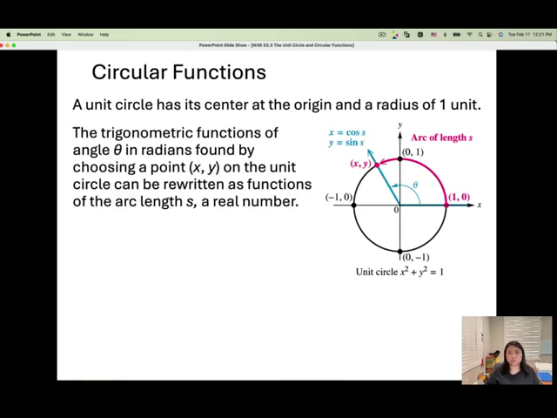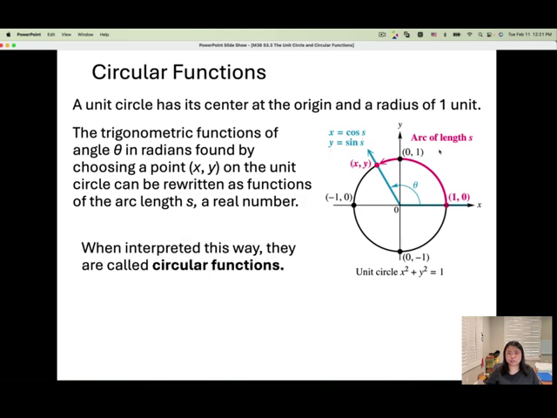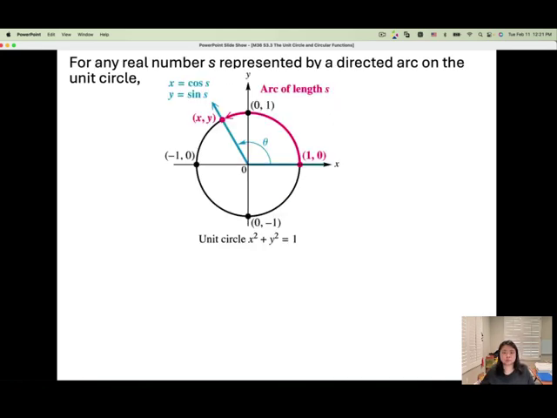The trigonometric functions of angle theta in radians, found by choosing a point x, y on the unit circle, can be written as functions of the arc length s, a real number. We can write x equals cosine s, y equals sine s. When interpreted this way, they are called circular functions. For any real number s represented by a directed arc on the unit circle,